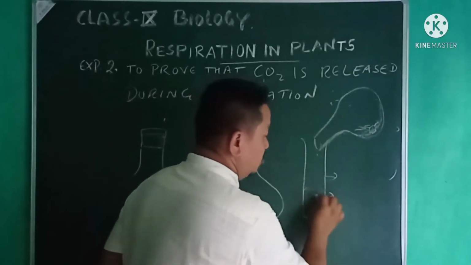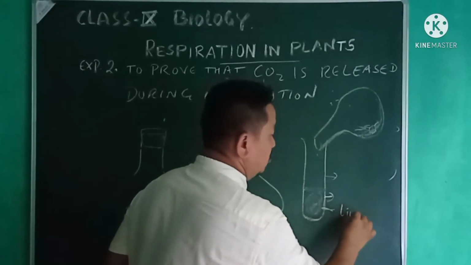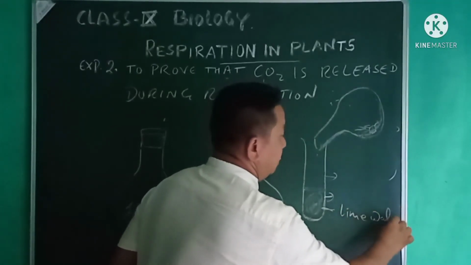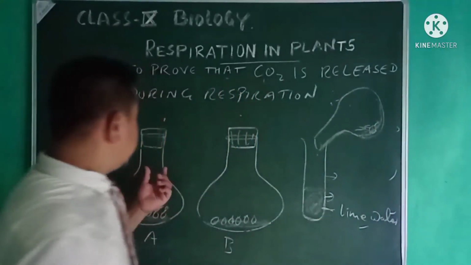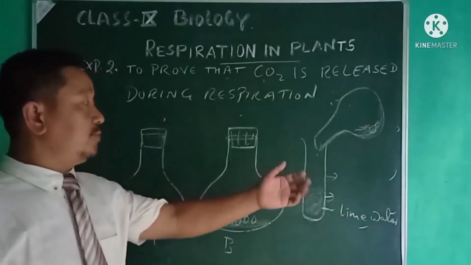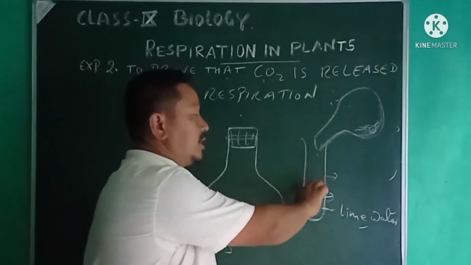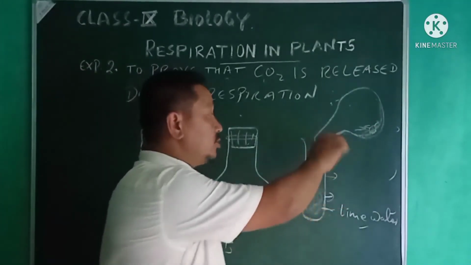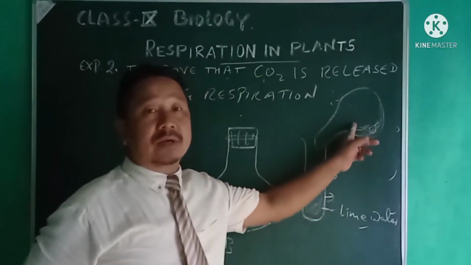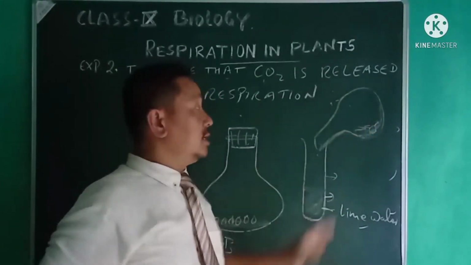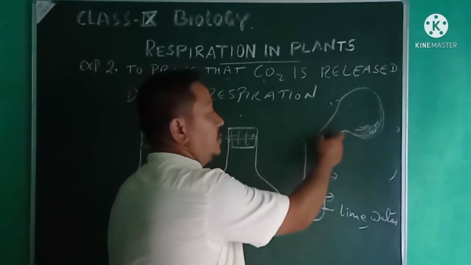Here is lime water. So this flask A needs to be put into it by tilting it. Once you tilt it, since carbon dioxide is heavier than air, the carbon dioxide will come down